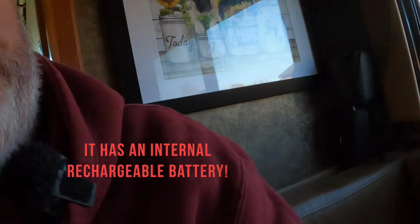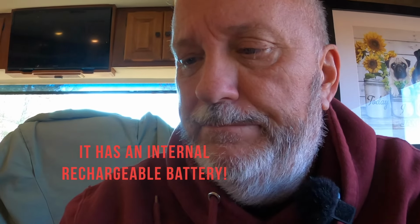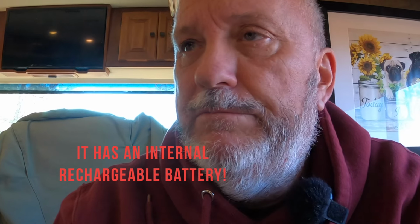So this unit, in the past, our older unit was run off batteries. This unit is USB-C. So I can take it, plug it into my cord, lay it on my table here, and I'm good. I can leave it on. I can sleep with it, whatever it needs to do, and it'll immediately tell me if there's a problem with